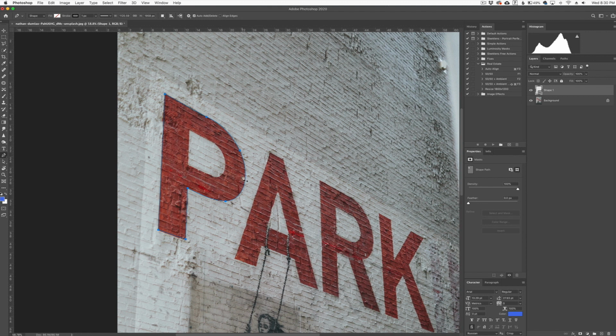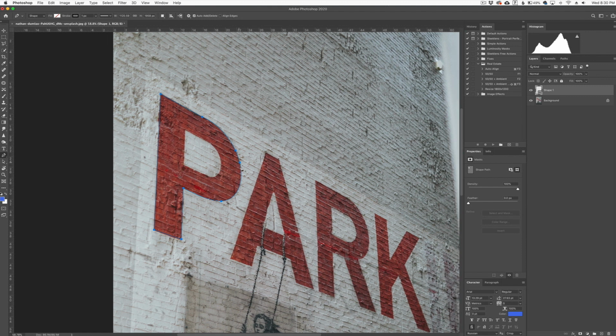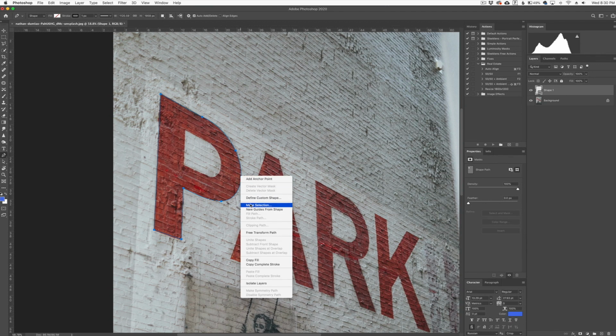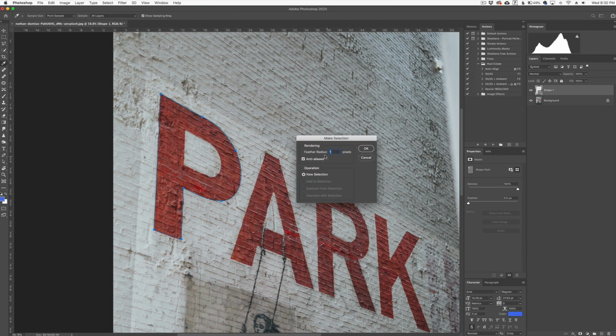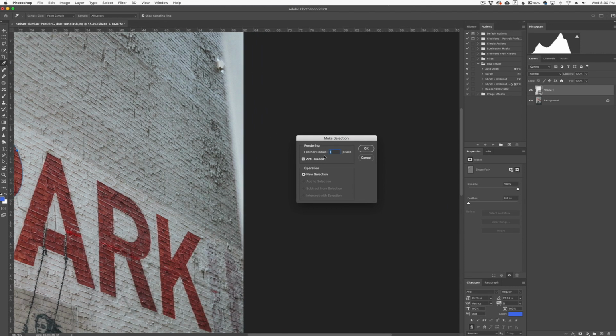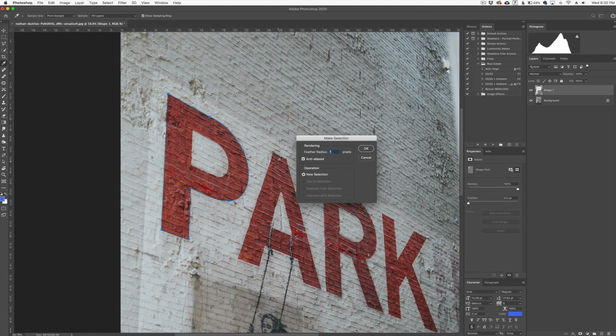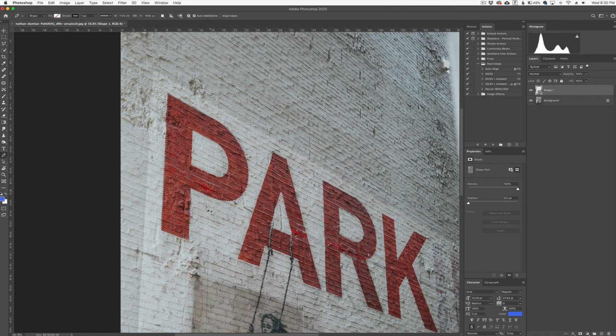Now what we can do is make this a selection. There's a couple ways to do this. One of the ways is actually to hover over the path that you draw and right click on it and say make selection. When you do that, you're going to get this make selection dialog box. This allows you to play with the feather of the radius. So if you want it a little bit more give, you can actually change the feather. I usually keep it around 1 or 2, nothing major,